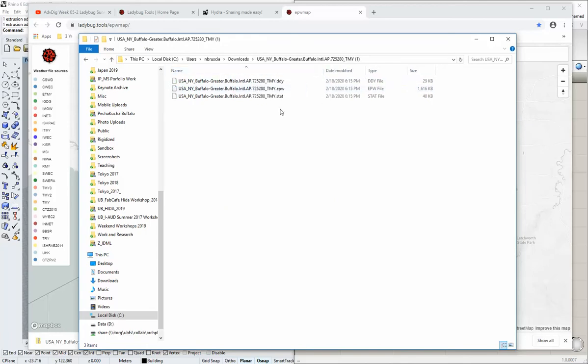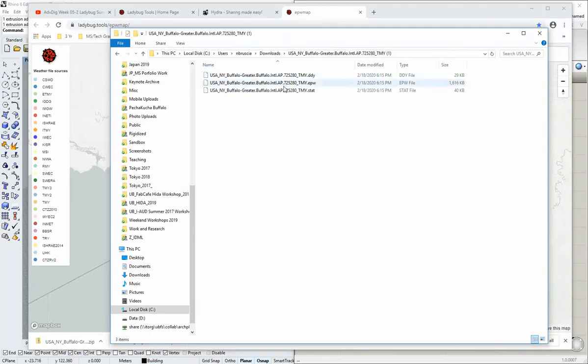And it's inside of that zip file. There's three different files. All we need is the EPW file for Ladybug. You can delete the other two or keep them. But all I need is this EPW, and I'm just going to have to point my Grasshopper toward this